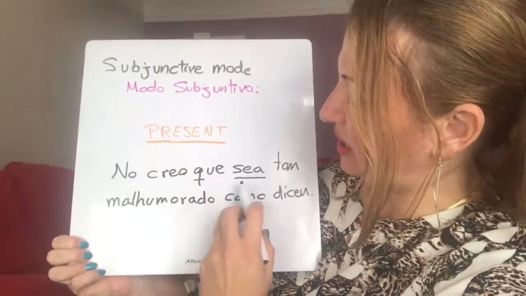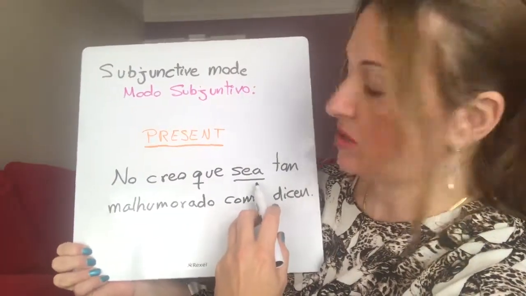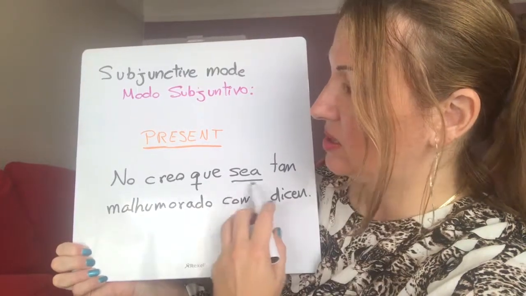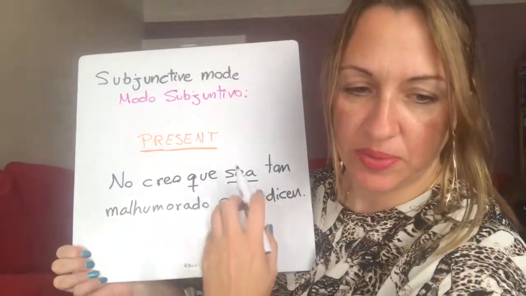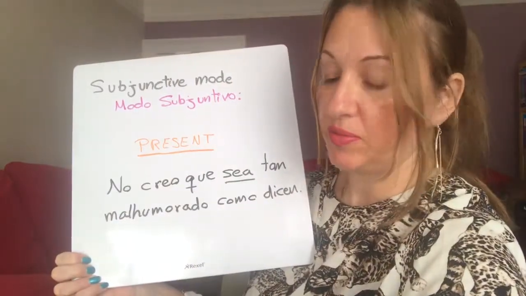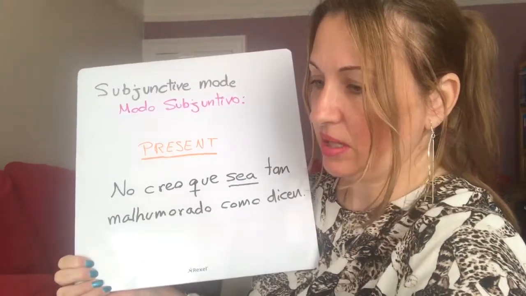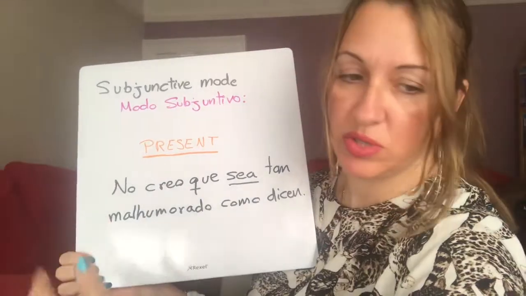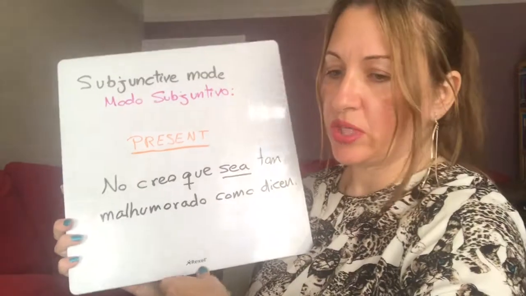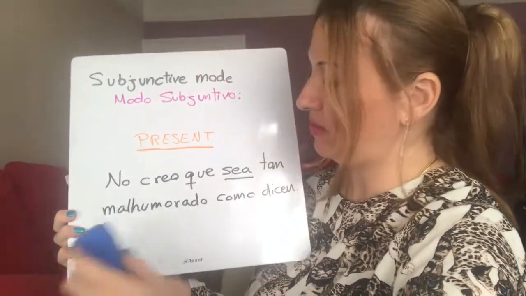But yeah, I don't think that the person might be. So that is a possibility, but it's not a fact. This is why I'm using the tense from the subjunctive mode. I'm also talking about something that I don't know. Therefore, because I don't know, it implies uncertainty, and this is when you would use this kind of tense. And also to express the objective of something. For example,